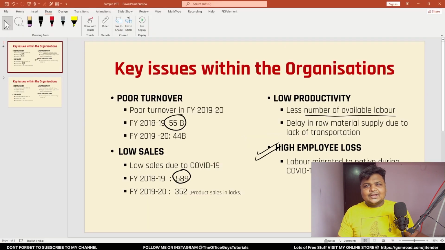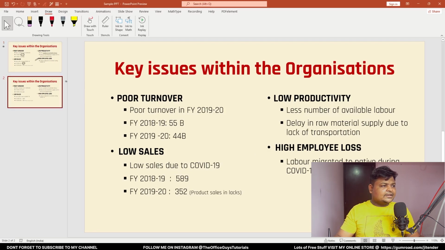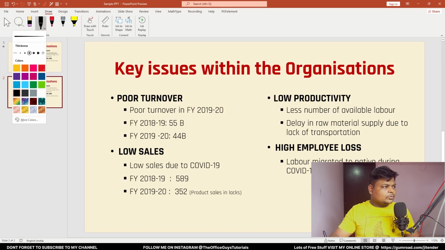Let me quickly show you how you can do that very easily using just PowerPoint. Here you can see I have an empty slide with no marks, no ink. It's actually called ink. You can choose any color of your choice from here. Right now I'm going with black. Let's say you want red, and you want to increase the thickness of the ink pen you are using. It's not necessary that you use a pen, you can use your mouse as well.